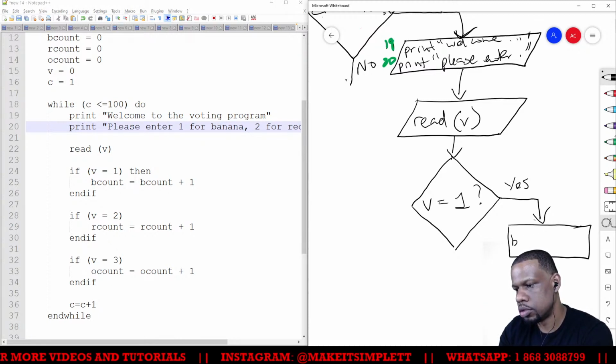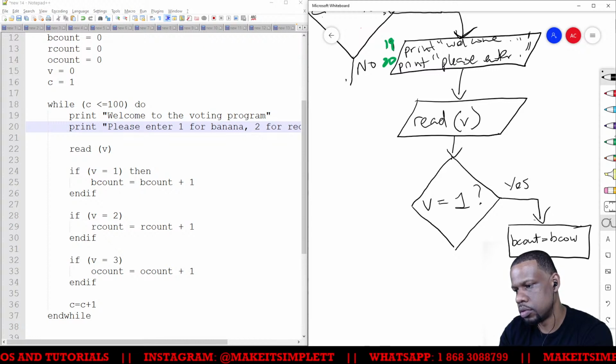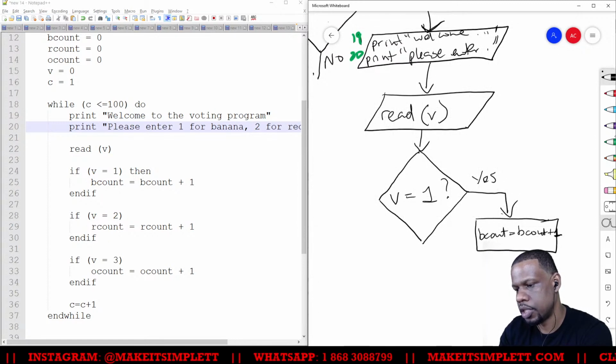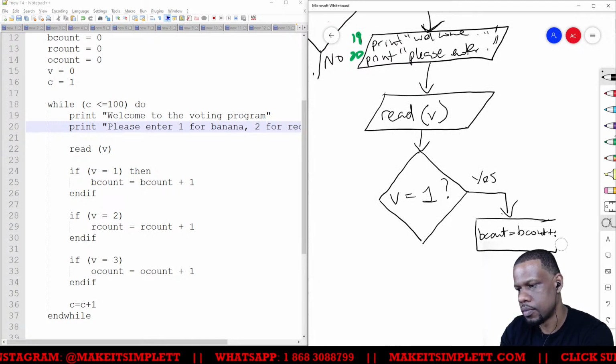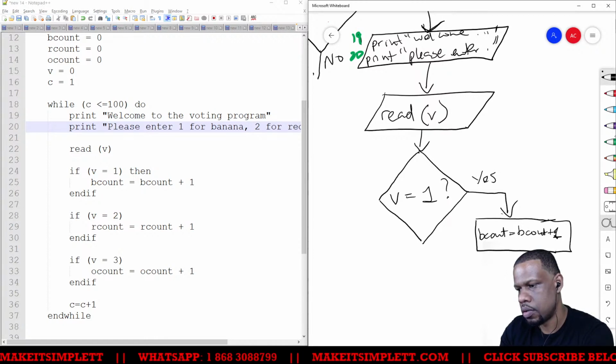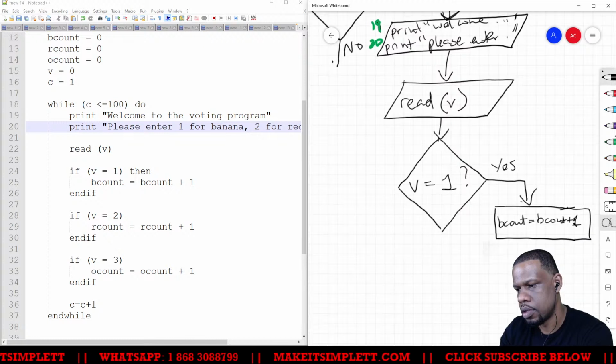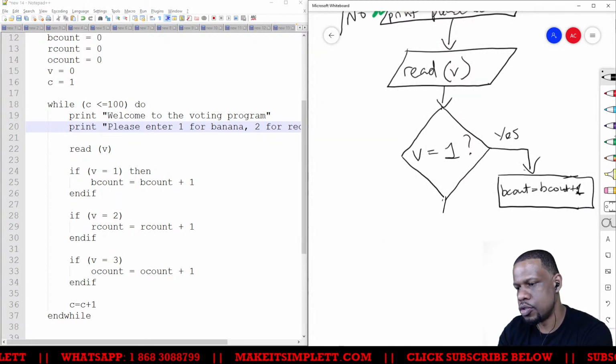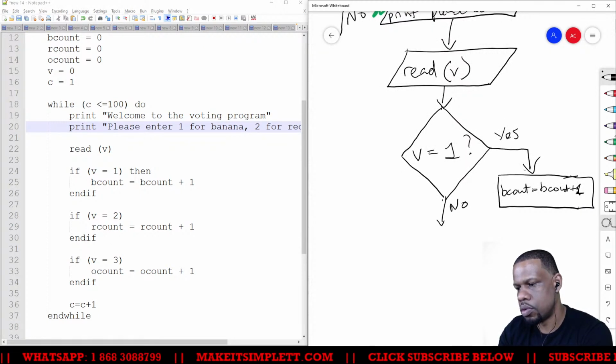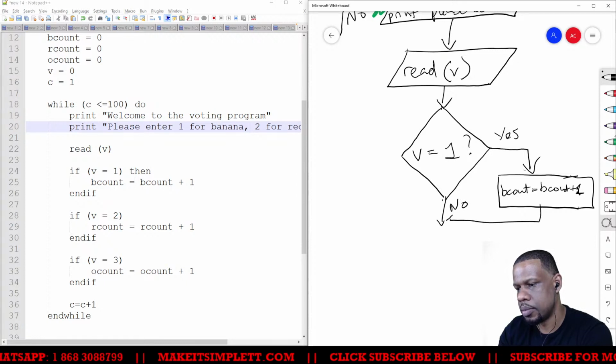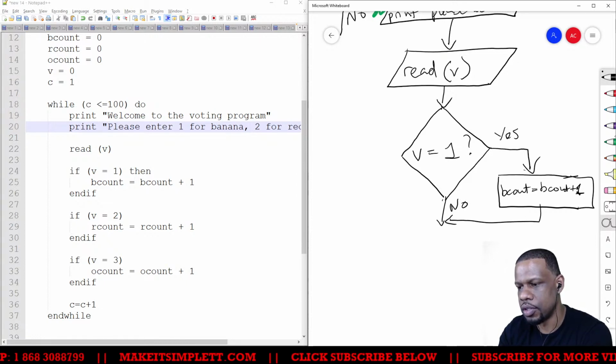That's not very clear. I need to make that clear. Plus 1. Right. And then if the answer is no, then I'll just join back here, because obviously it wasn't equal to 1.